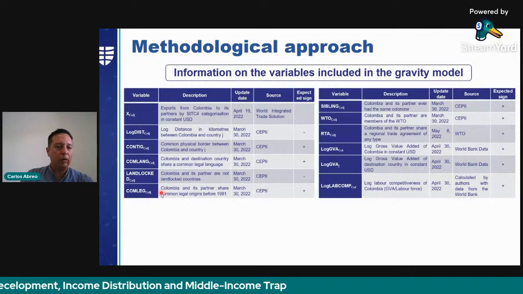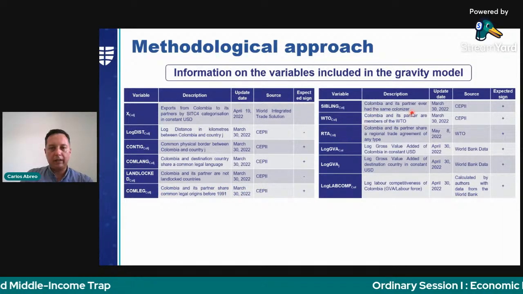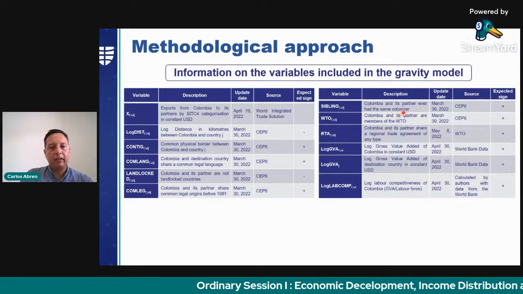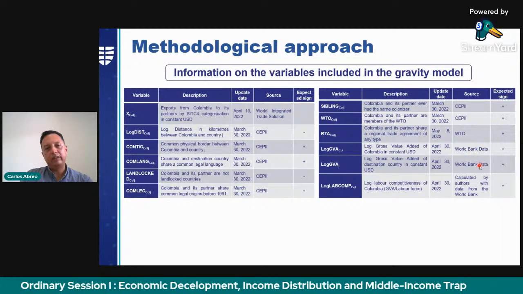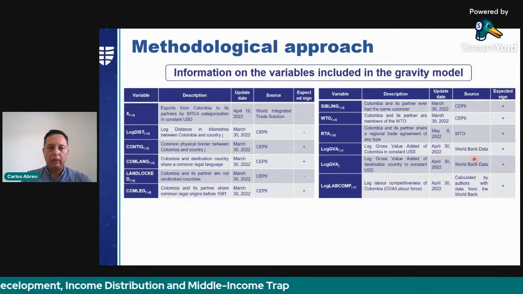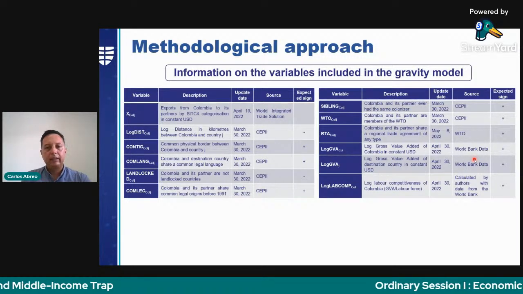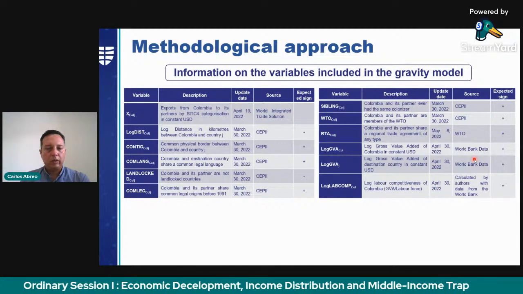Then we also include some control variables such as physical distance, contiguity, common language, landlocked countries, common legal origin, if Colombia and its partners have or ever had the same colonizer, the World Trade Organization variable, the regional trade agreement, which is the most important variable in our study. And also we implement a gross value added of Colombia in constant USD and of the Colombian partner, because we are working in a